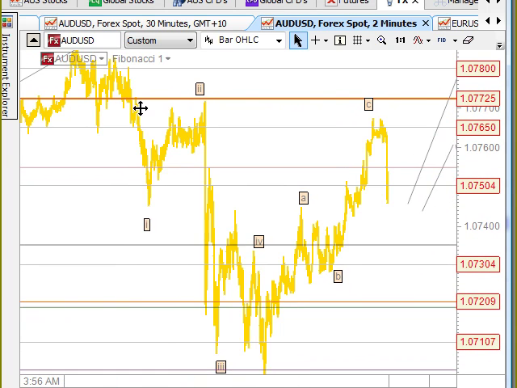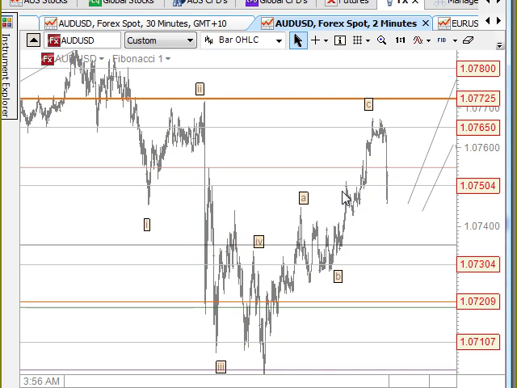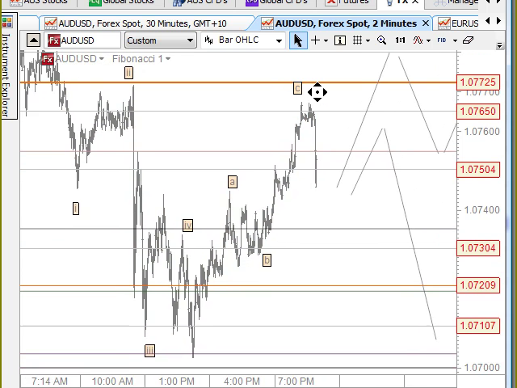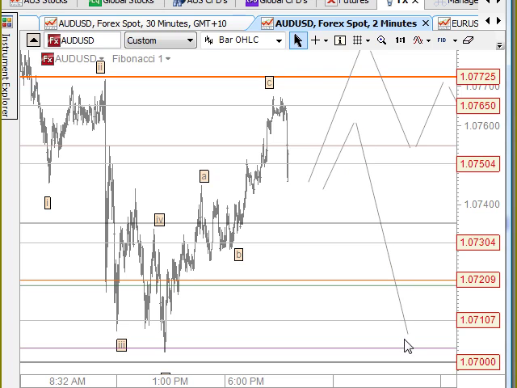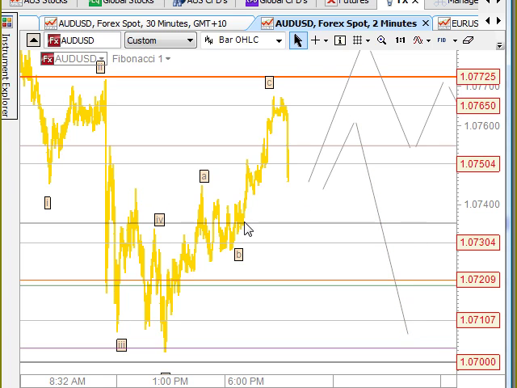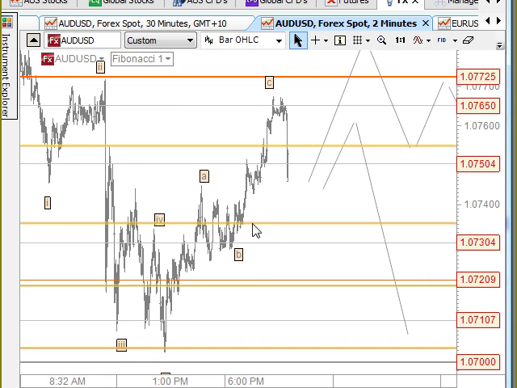But we're looking at this being a 5-wave structure down, a 3-wave structure back up, and if that's the case, then we'd be looking for this to come down through here. How far it comes down is another question. Like I mentioned, there's a lot of support in this little group here as well. So let's just see how it sits on top of 107.30 and 20 here. If it comes into this area here, then comes back up and sits on here, then you need to go long from this point here.